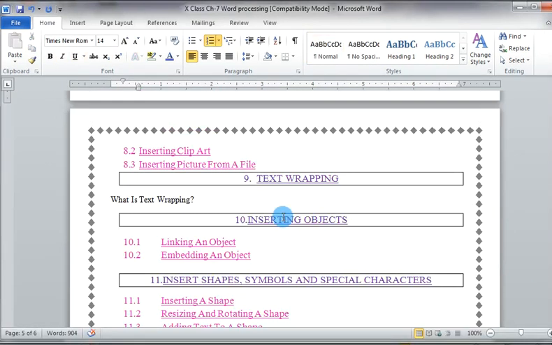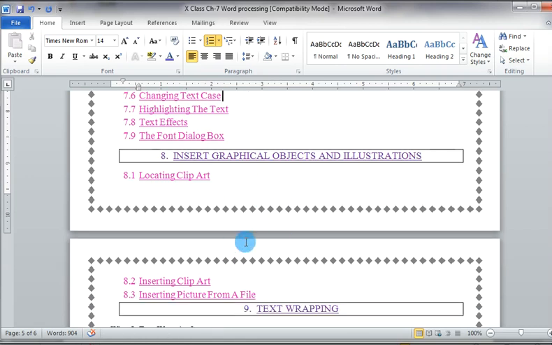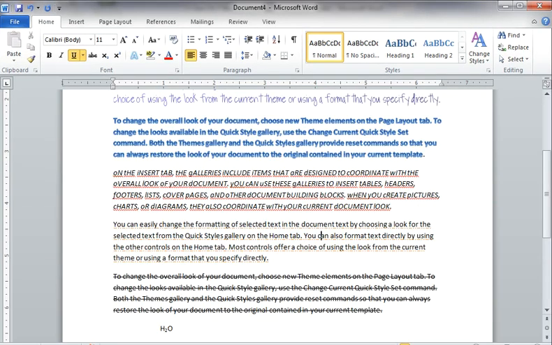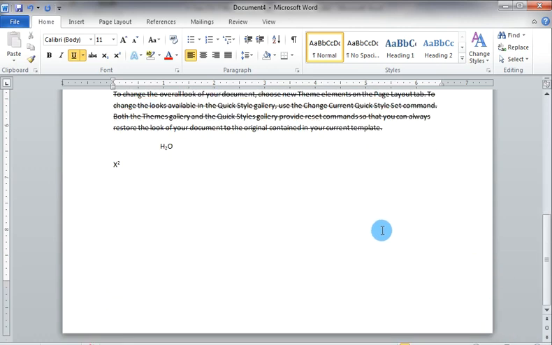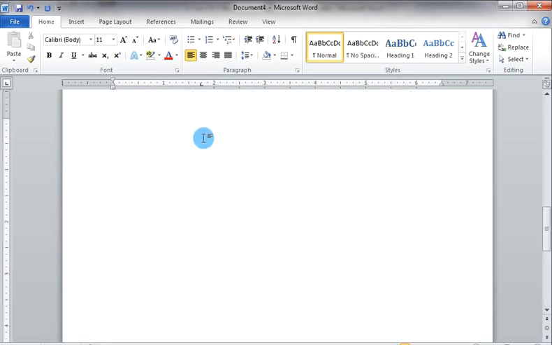Now next is insert graphical objects and illustration. In this topic we will learn how to insert the clip art and picture in the Word. The graphical objects make the document look colorful and presentable. So to insert clip art and picture,